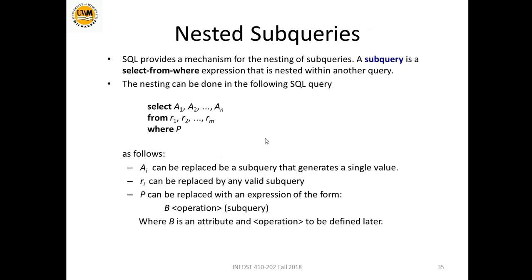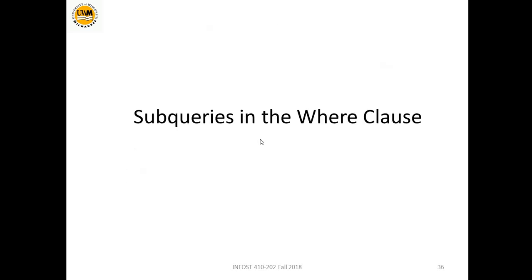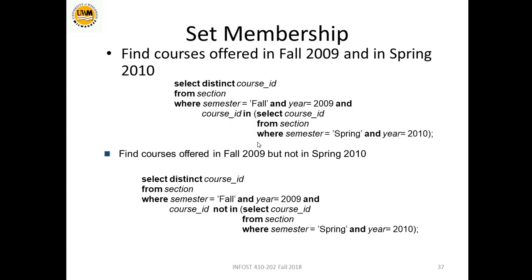Nested subqueries, we can have a subquery nested in the select or in the from or in the where clauses. Let's see how this is done. Let's see subqueries in the where clause. For example, find courses offered in fall 2009 and spring 2010. We select distinct course ID from section where semester equals fall and year equals 2009 and course ID in,